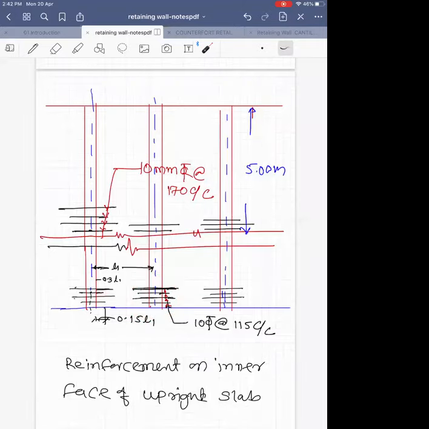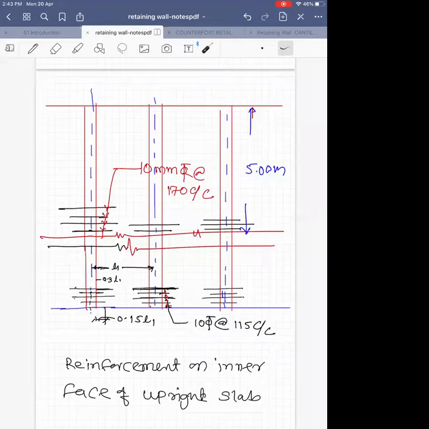Similarly, if you consider the reinforcement at upper height, then we know bending moment is less, the requirement of steel is less. So we can provide 10 mm diameter at 170 millimeter center to center. So instead of providing all bars of same length, some bars will be longer and some bars will be shorter as per the codal provision. So whatever we have seen for two-way slab or one-way continuous slab, same detailing will be applicable.